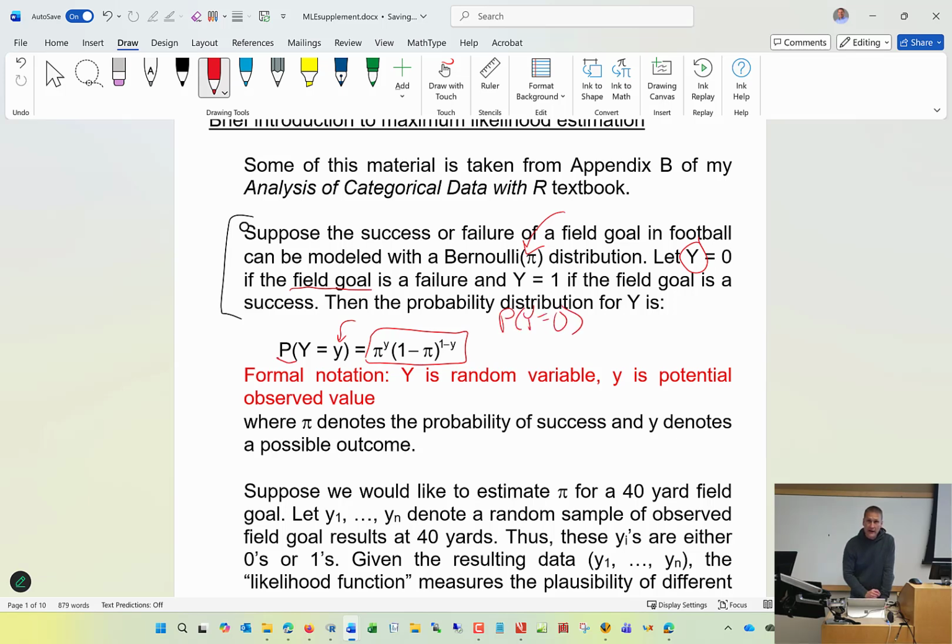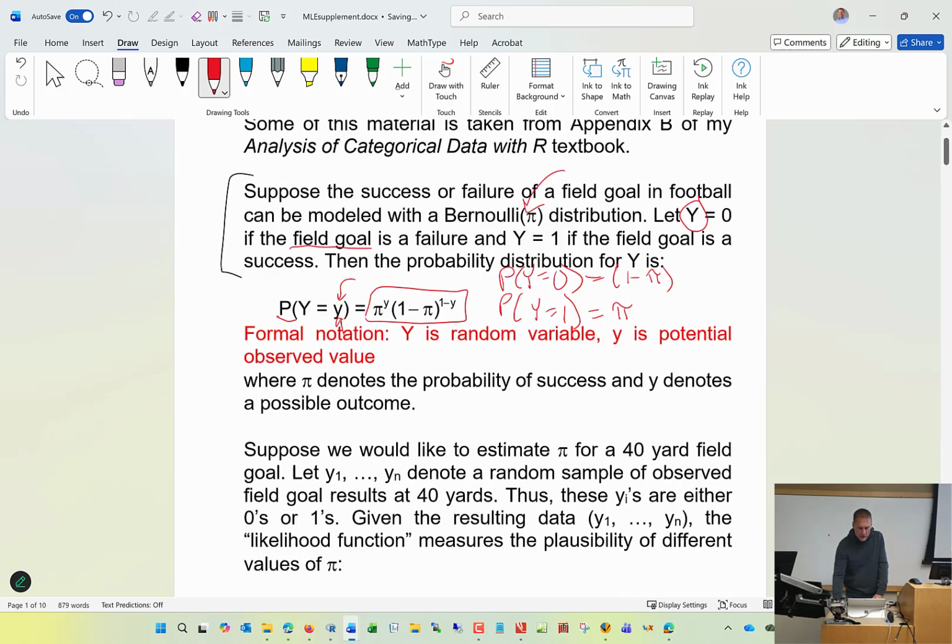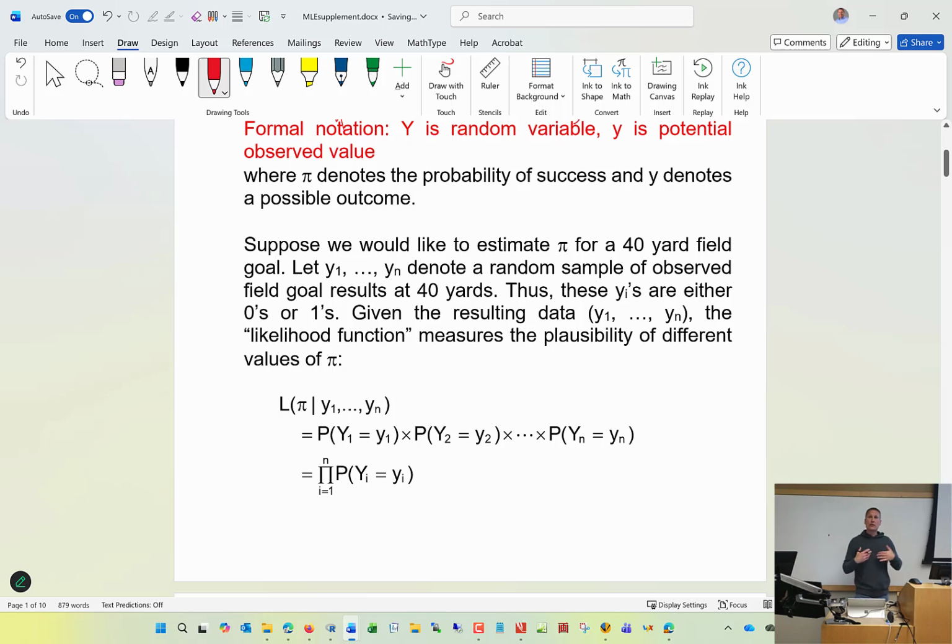Perhaps this is too simple, but we can go ahead and do it. Suppose this little y is actually equal to 0. Look what we get: 1 minus pi. Look what happens if this little y is 1. We get pi. So that is an equivalent way to state the distribution, but by using this little y notation, it allows me to do it a little bit more compactly. Okay, so the Bernoulli distribution can be used to model